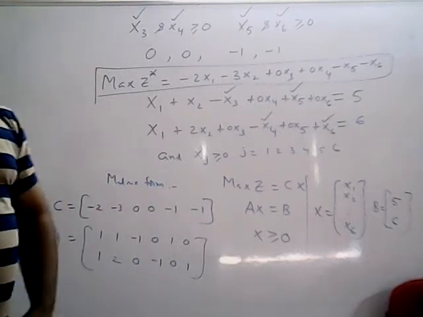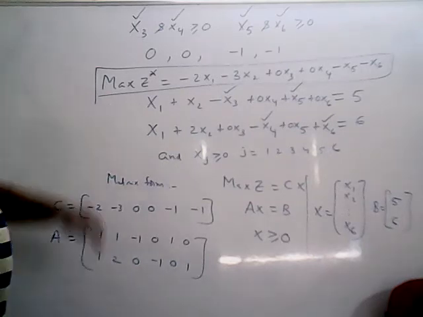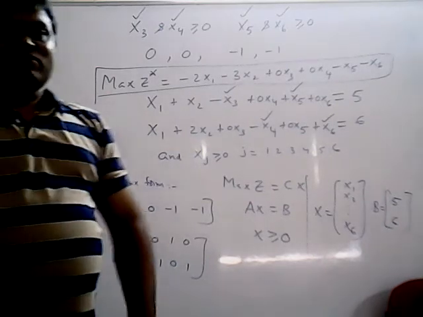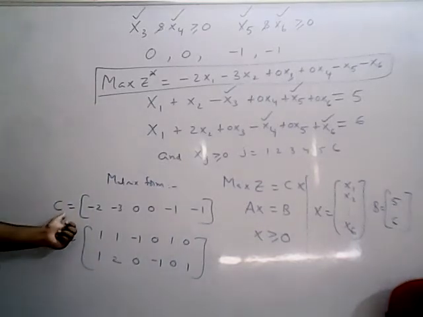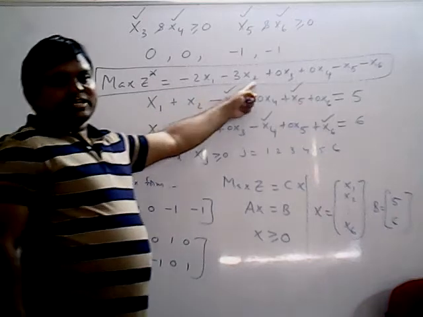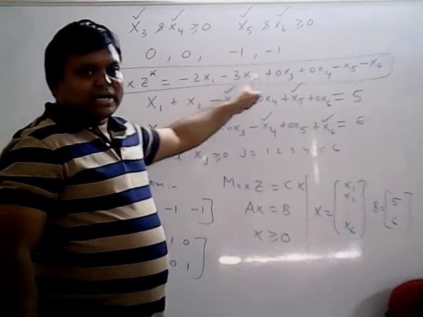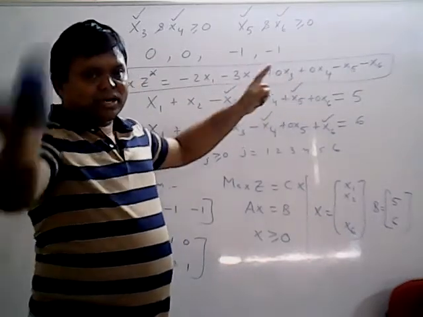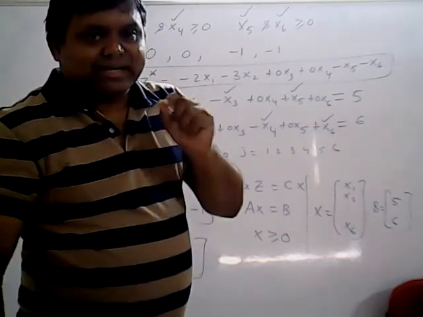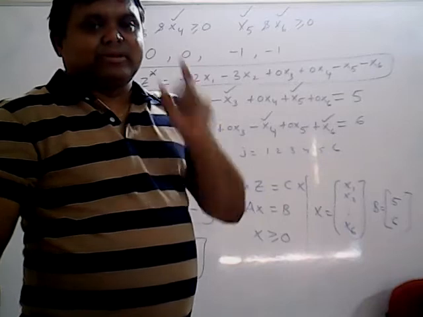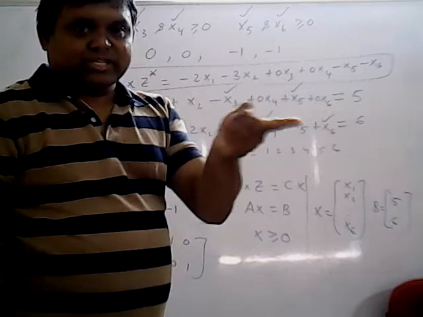But in the two-phase simplex method, while continuing the simplex table, one assumption we will make in phase number 1 is about the objective function. Actually, what is the objective function? This is the objective function. So in phase 1, we will consider only the artificial variable cost. Remaining variable costs we will make as 0, because 0 and anything is 0.